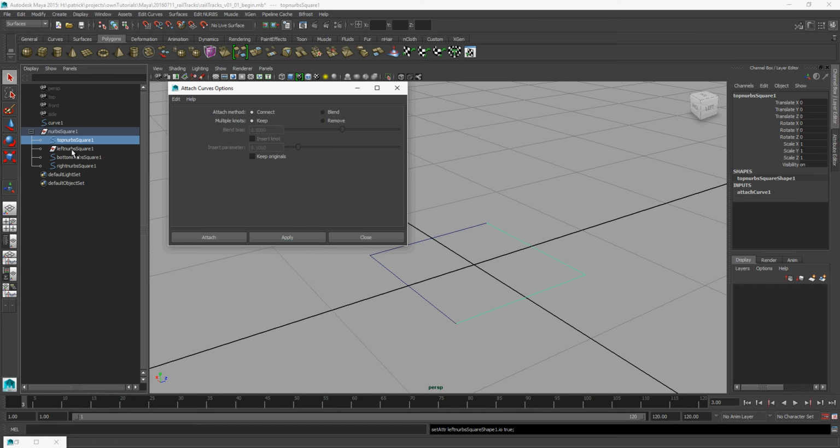So then instead of two curves, it's become one. Then this is sort of the construction history marker. So I'm gonna delete history again, so then that marker's gone. Shift select onto the next one, and I'm gonna do the same thing: attach and connect, and delete history. Select the last one, connect, delete history, and then now we just have a